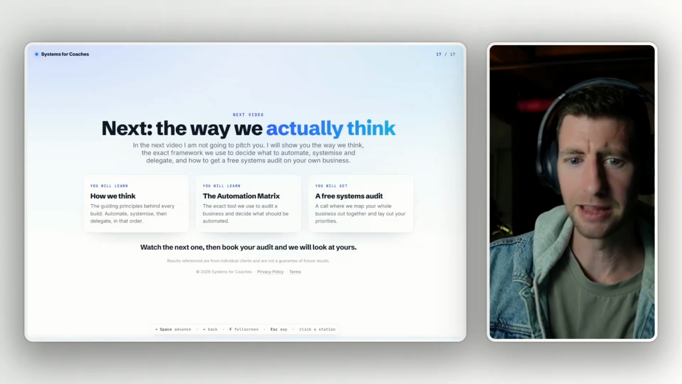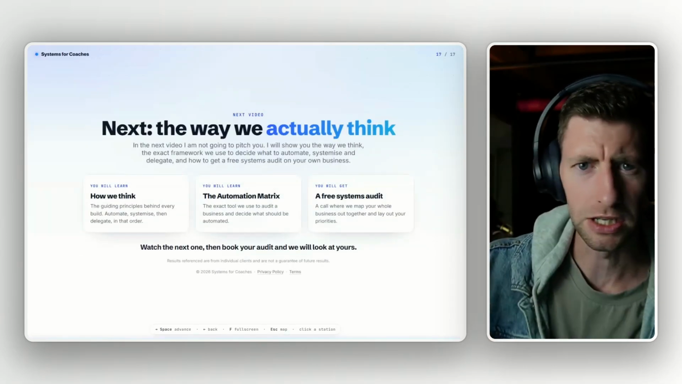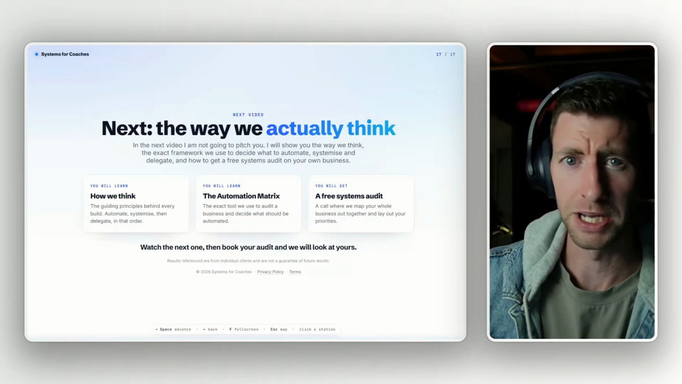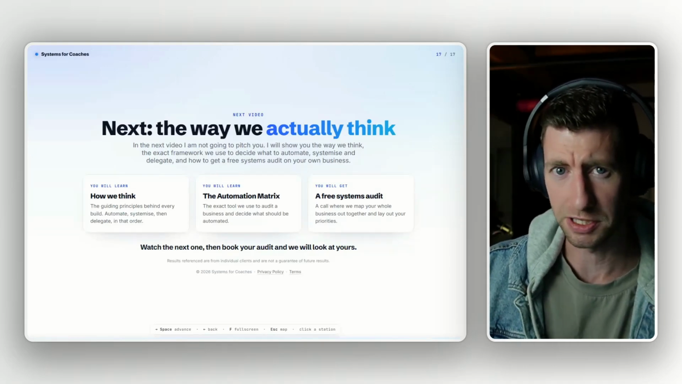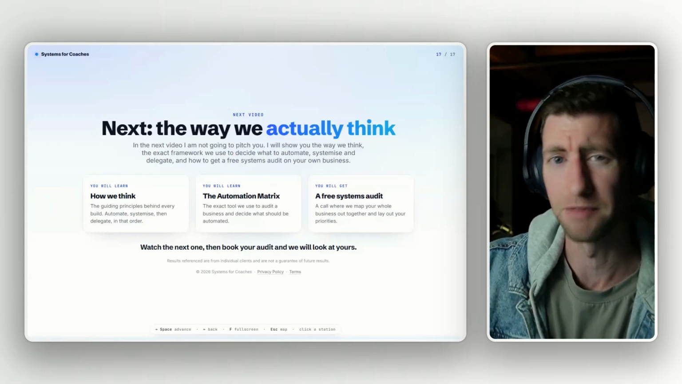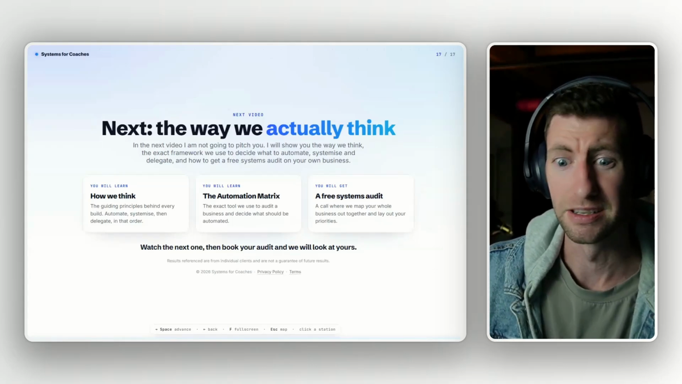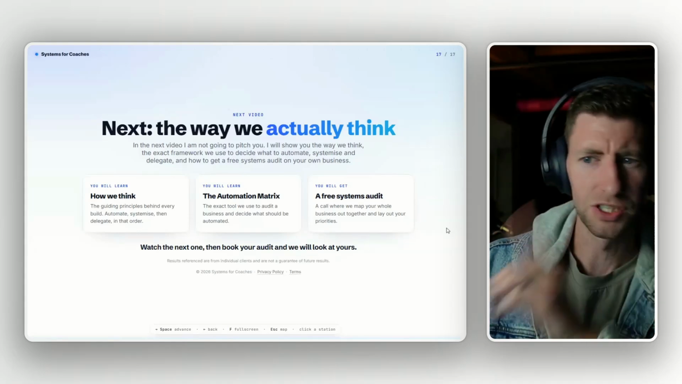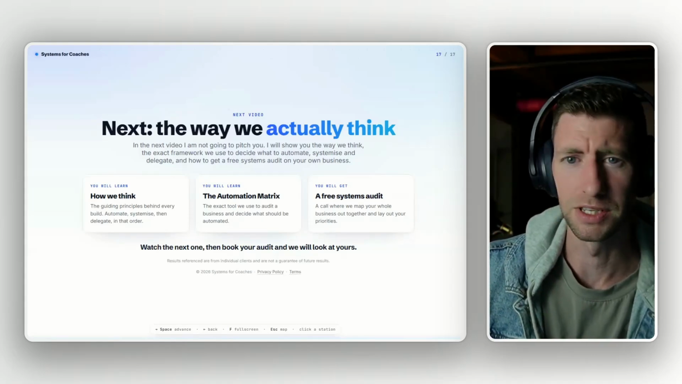So look, in the next video, which will be linked here somewhere, I'm going to show you how we think about systems and automations. And then I'm going to show you the automation matrix that we use with our clients. And then from there, I'm going to show you the systems audit that we do. And if you want to go ahead with that, cool. If not, you're still going to have an idea about how we work and what we actually do for clients. So click somewhere on the screen here. It's going to bring you over to the next video, and then I'll explain all